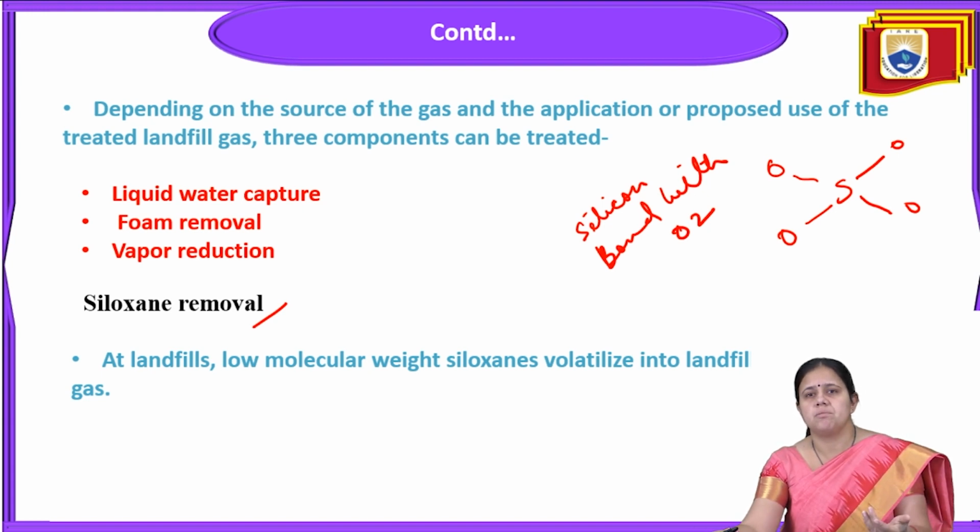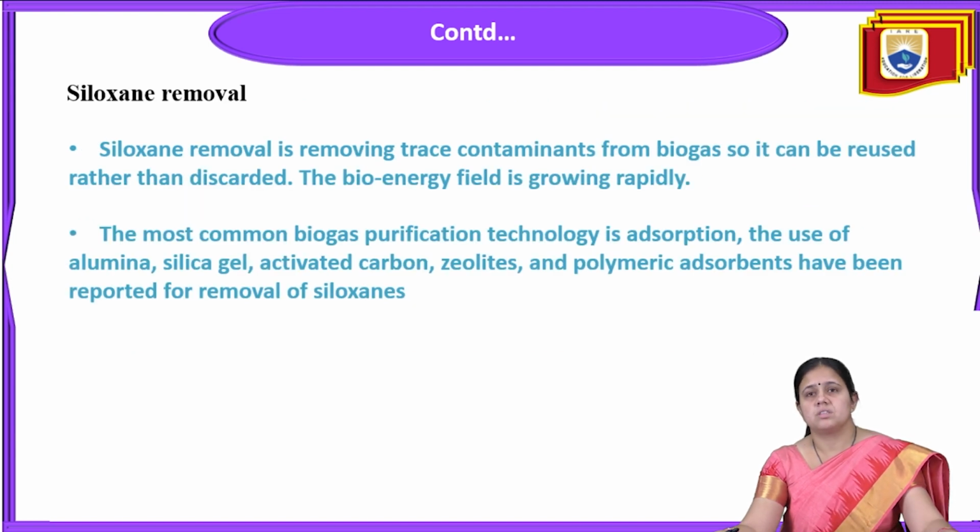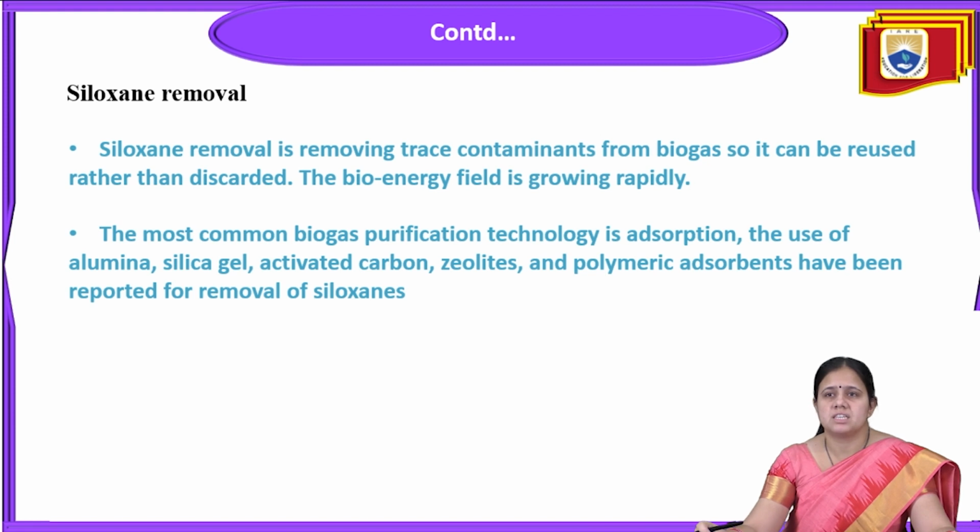Siloxane removal is very important because low molecular weight siloxanes are volatilized in the landfill. This removal takes out trace contaminants from the biogas, so it can be reused